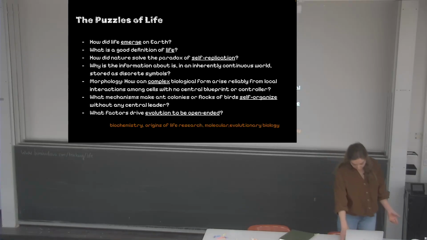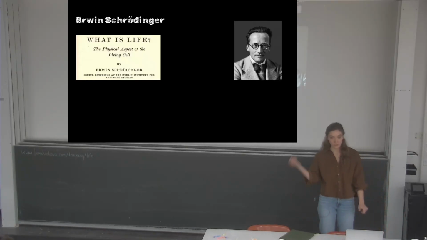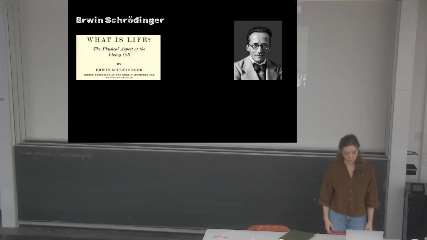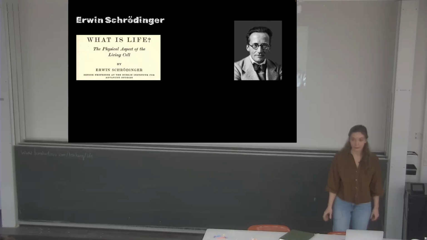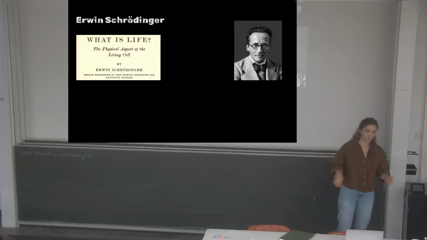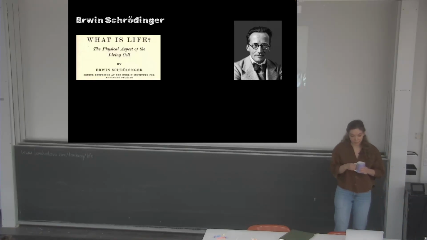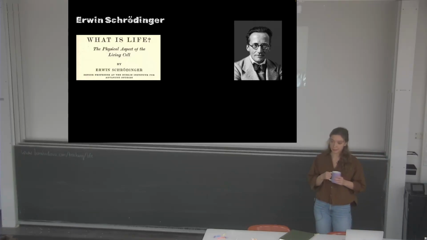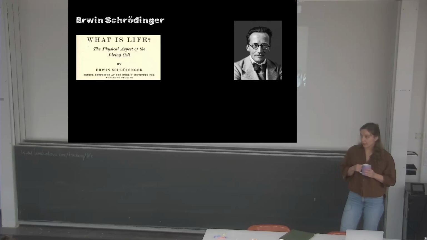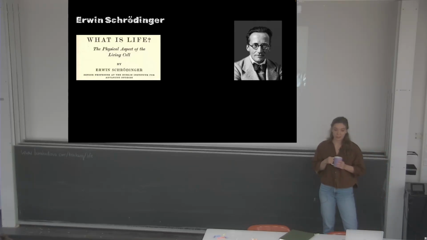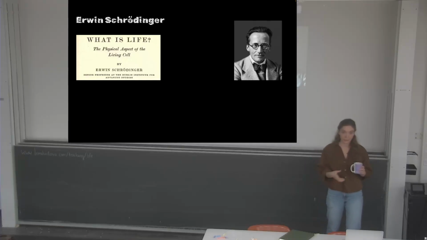Yeah. So the first one we will mention is Erwin Schrödinger, who got a Nobel Prize for his contribution to quantum mechanics. But also 11 years after that, he published a little book. He calls it a little book. I wouldn't consider it very little. What is life? Where he aimed to understand the physical aspects of life, of living cells. And one question he asked in particular is, what are the properties of the material that should store information, like hereditary information, in the cell?